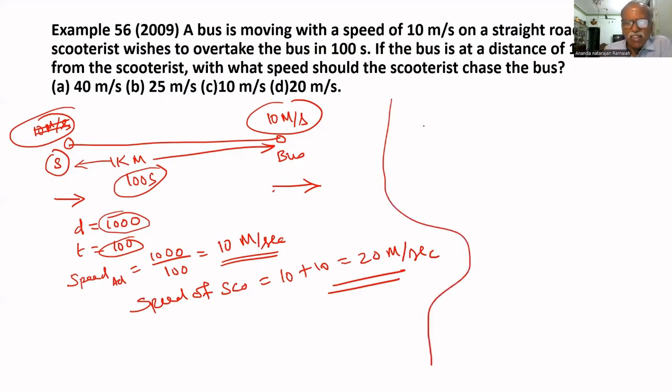This can also be solved in another way. The speed required for the scooter to overtake the bus in 100 seconds is V. Bus speed V bus equals 10 meter per second. V scooter equals the question. Both are in the same direction, therefore relative speed is the difference. Scooter speed should be higher, then only it can overtake. Therefore, Vs is higher, Vb is lesser. Therefore, relative speed equals